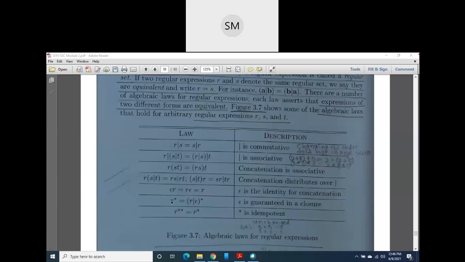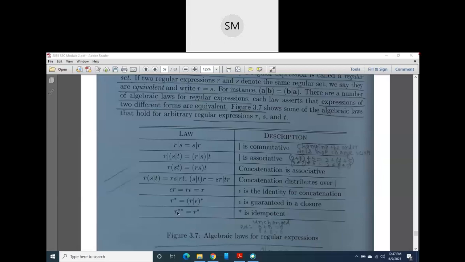Okay, so then R star, what does it mean? Kleene closure, 0 or more. So (R union epsilon) whole star is again going to give us the same thing. So epsilon is guaranteed in a closure. Epsilon is compulsory in a closure because 0 or more is there. 0 means what? Nothing. Because of that only it is considered here as a separate character or separate regular expression, that is epsilon.